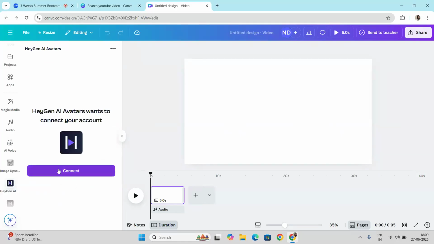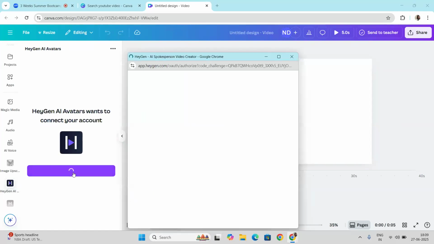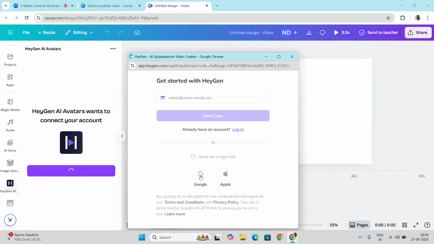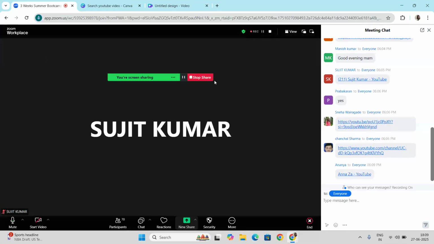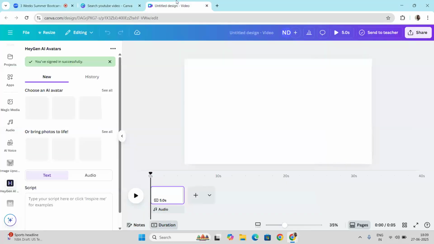When you try to upload your own image, then it will ask you to connect your account. Right now I'm just connecting. I've already connected before, so I just need to click on my account. Otherwise you have to connect it with a Gmail ID.